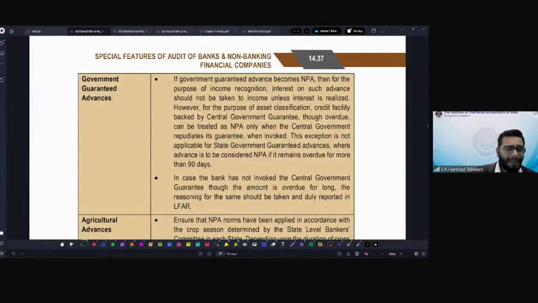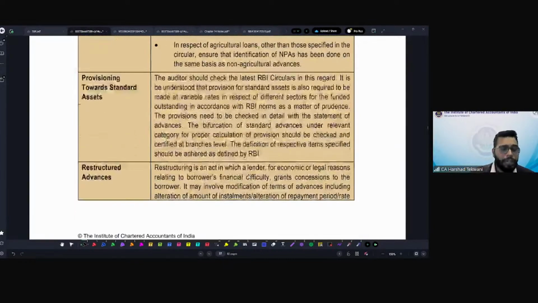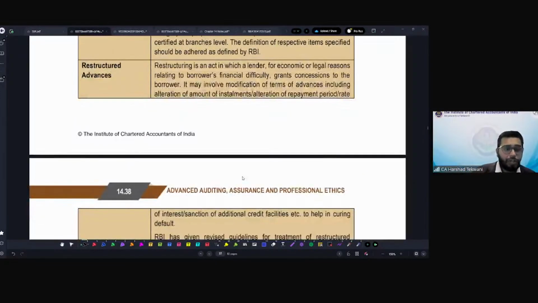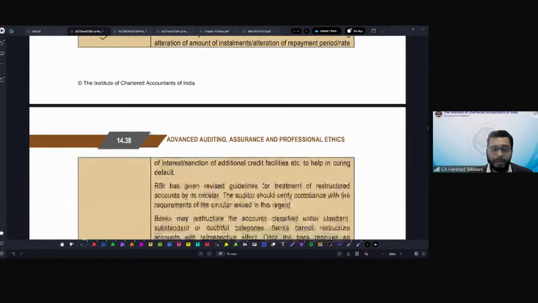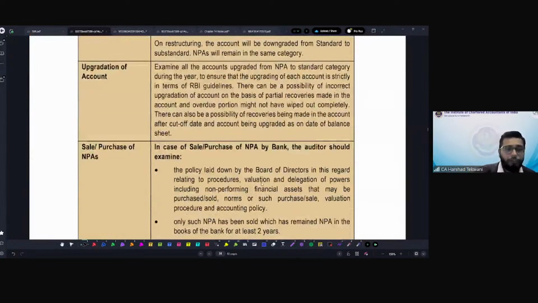Government related advances: if a government advance becomes NPA, then how to recognize income on that. Agriculture advances, provisioning requirement towards standard assets, the different categories that I showed you. Restructured advances and their provisioning requirement. If there is a restructuring, then a standard asset may attract 5% provisioning requirement. Upgradation of the accounts,